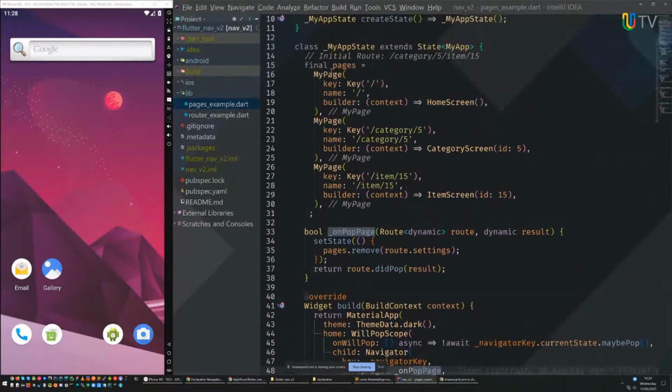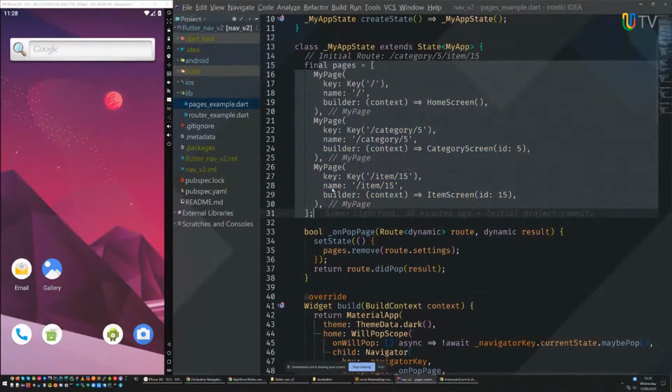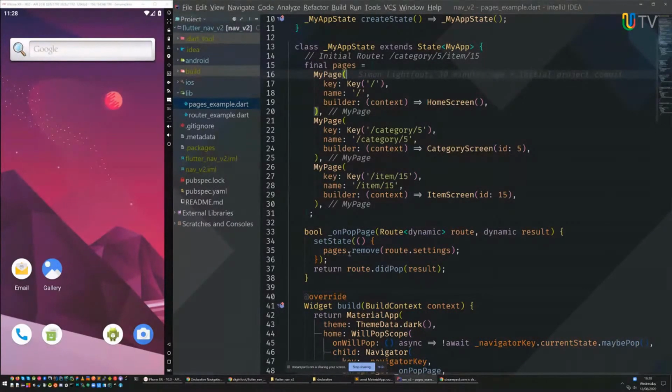And as you can see here, my state is essentially a set of pages. That is my stack. When you do pop, we take the route settings, which is the page, remember, and we remove that from our set of pages, and then we tell the route it did pop, right? So this satisfies that first point, that we need to make sure the page set is updated when the route's popped. Again, the key point is that the way you do this is completely up to you.